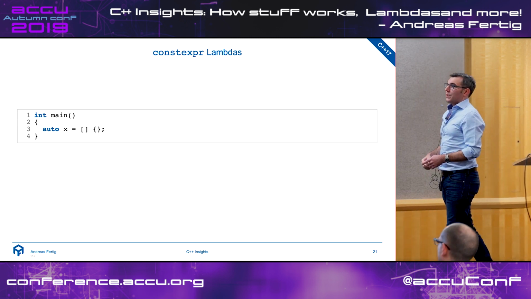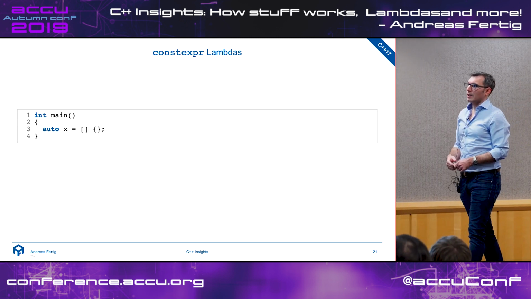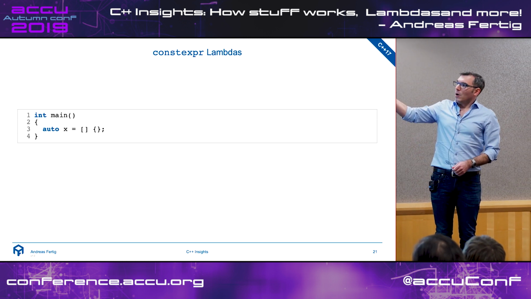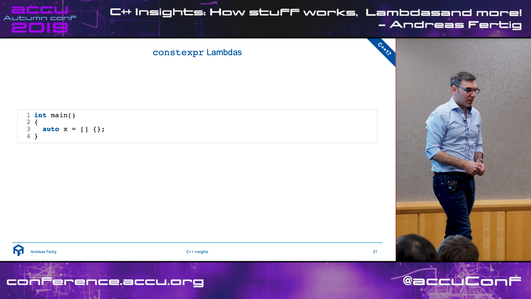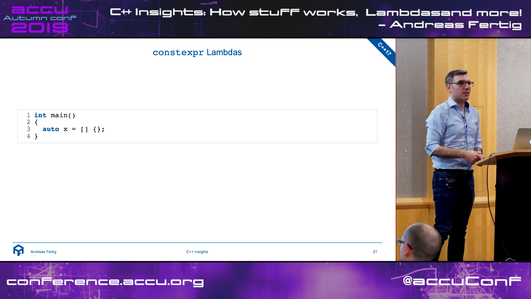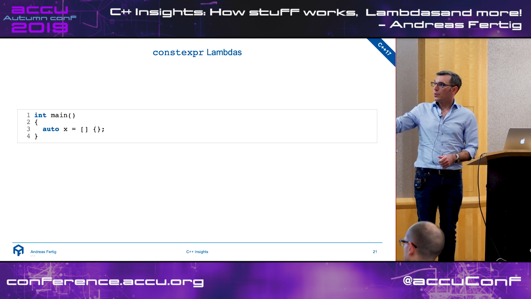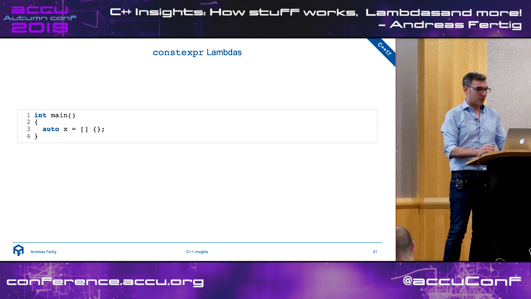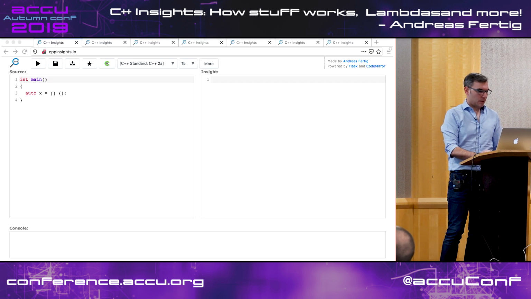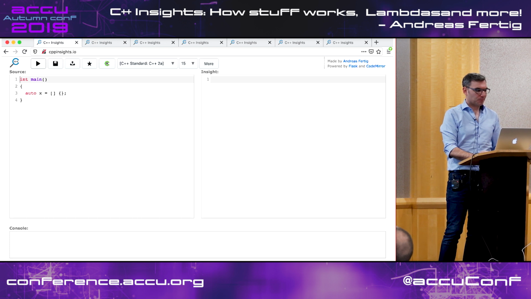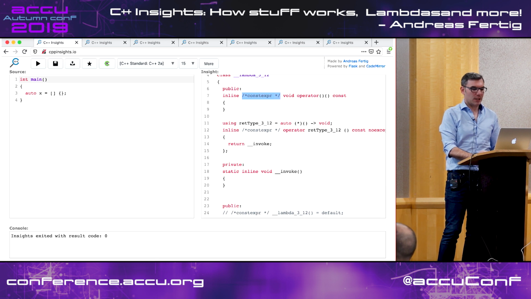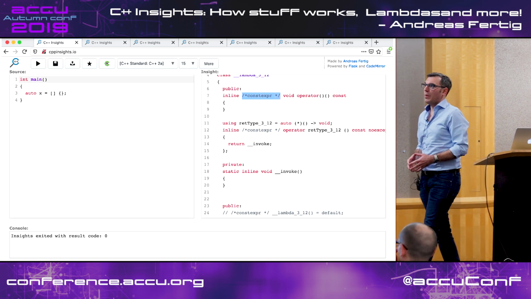In the evolution of lambdas, I didn't mention one tiny thing. I don't know how many of you used it so far, relied on it. With C++17, lambdas became implicitly constexpr. So the compiler adds constexpr to the call operator of the lambda for us. And why is this worth mentioning? If you look at this example, then we can see this is the implicit constexpr the compiler adds.